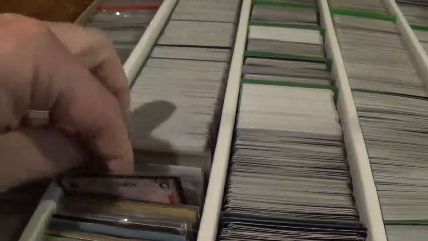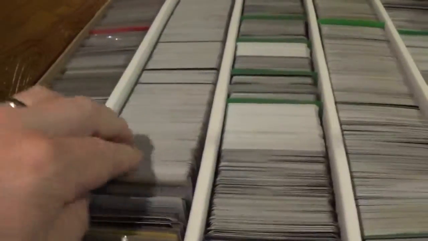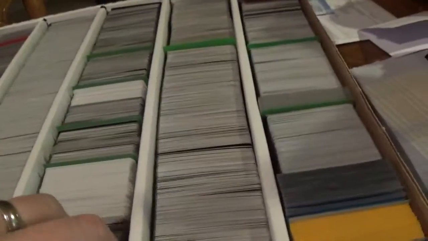So I think the price point I'm asking isn't unreasonable. Just more Seal Bibble, just trying to give you an idea. These are all Premiere cards, and then you get back into New Hope. I've got it somewhat organized by set. So there's New Hope, Cloud City, Dagobah, Hoth. There's a ton of...